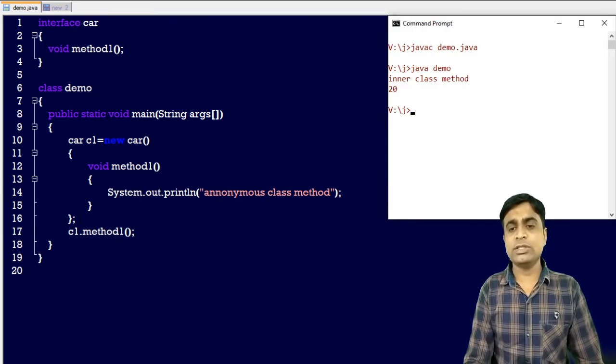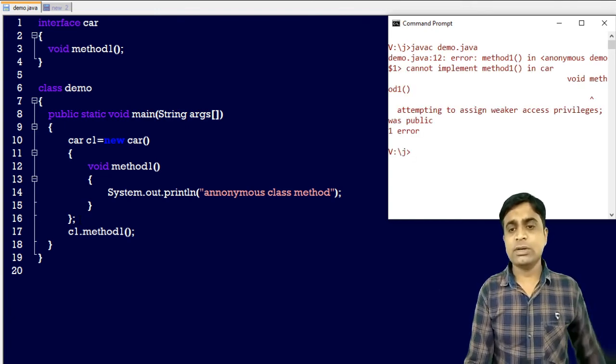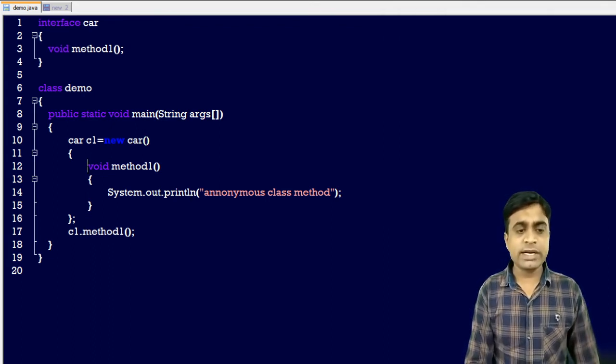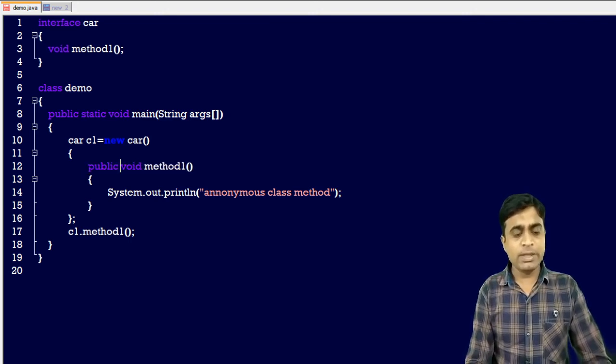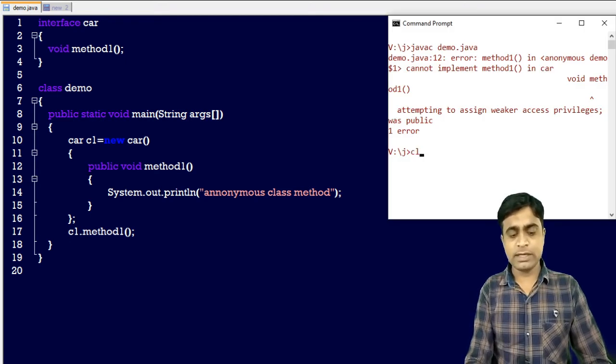Now, if you run this code again, it will generate one error, that is, assigning weaker access privilege. We need to write public here, because all the interface methods are public, so we cannot use the default access specifier.